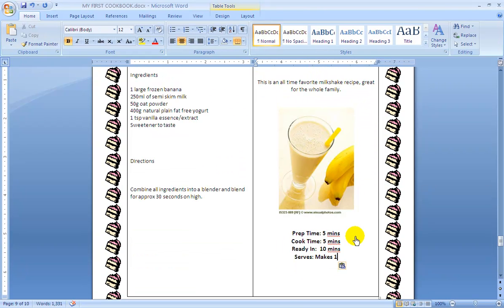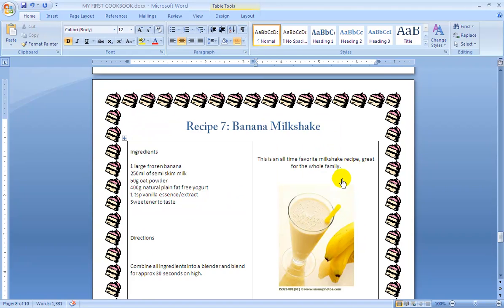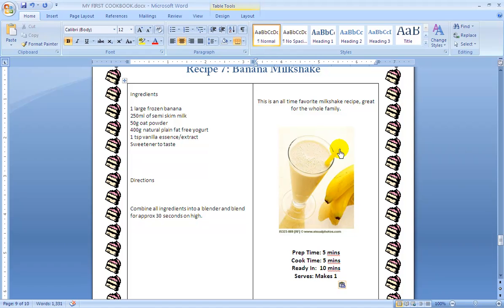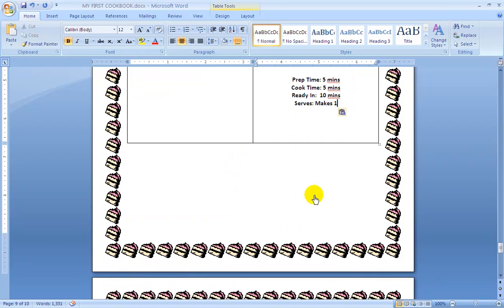Okay, I'm going to leave the prep time and the cook time the same, which it should be. It's a milkshake, just like recipe 6. Now, this looks a little bit messy,